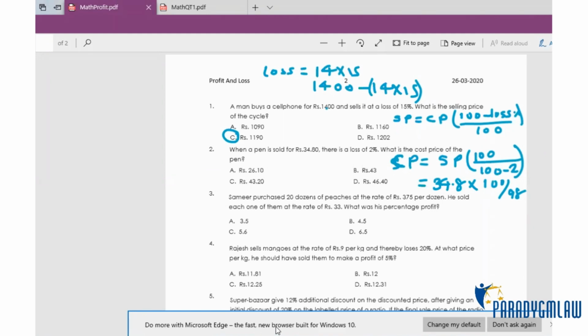What is the answer for the second one? It is not 2%, it is 25%. There is a printing error. Make it 25%. If it is 2%, this will be the solution, but to match the option, it should be 25%. So change 2% to 25%. When it is 25%, the answer will be D. So here it will be 25, so this will be 75.